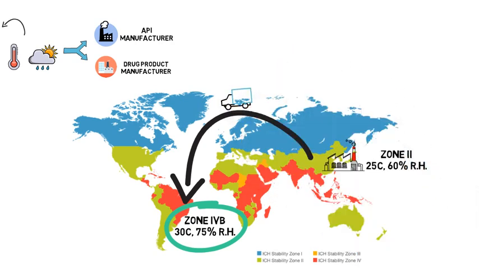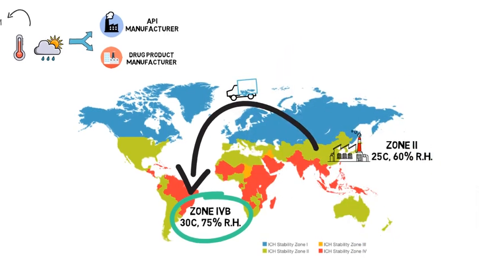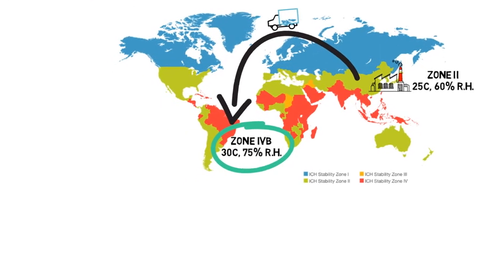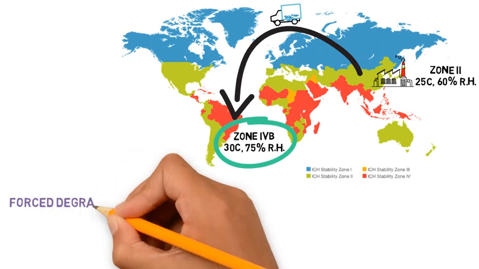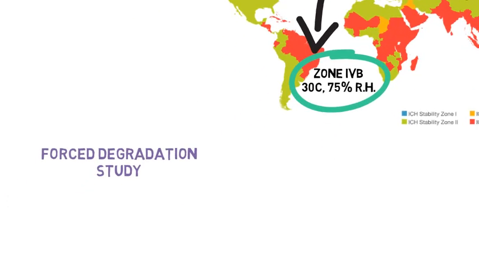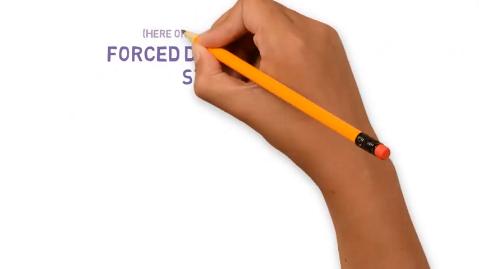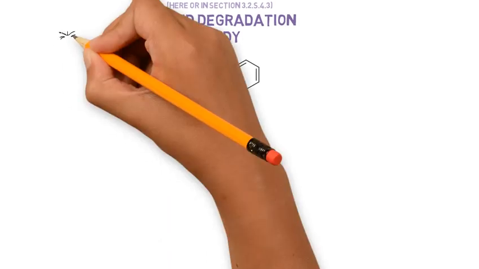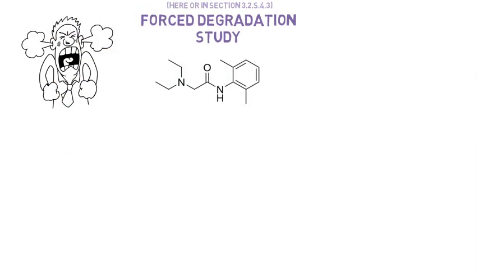Alternative conditions may be used in case of a controlled transport chain. Now, there are various studies that must be performed to understand the API stability. The first one is the forced degradation study, which may be presented here or as part of the analytical validations in section 3.2.S.4.3. One of the objectives of this study is to expose the API to stressing conditions so that in a